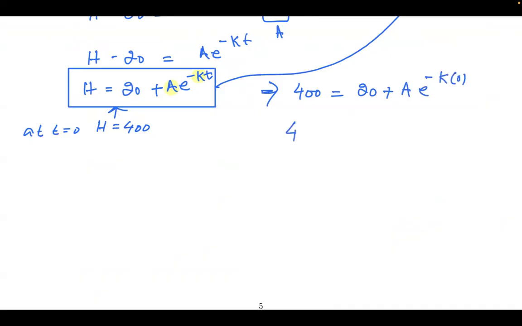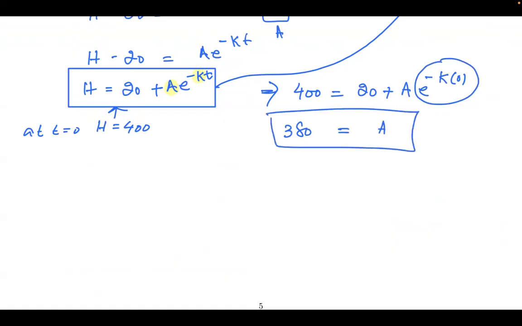So if I subtract 20 on both sides, this is going to be 380, and e to the 0 is 1, so this is the value of a. You can put this value back here, so h is equal to 20 plus 380 e to the negative kt,